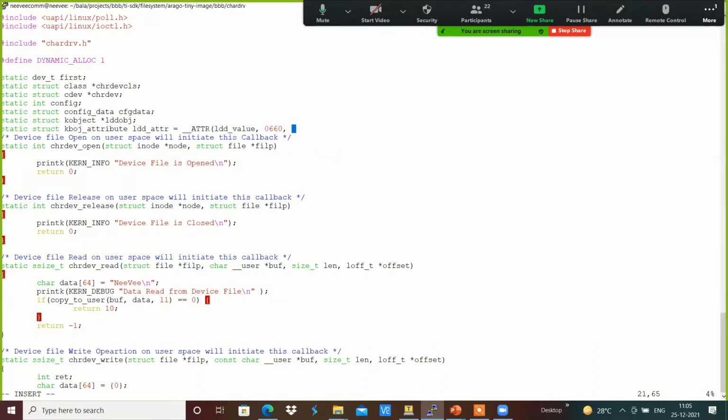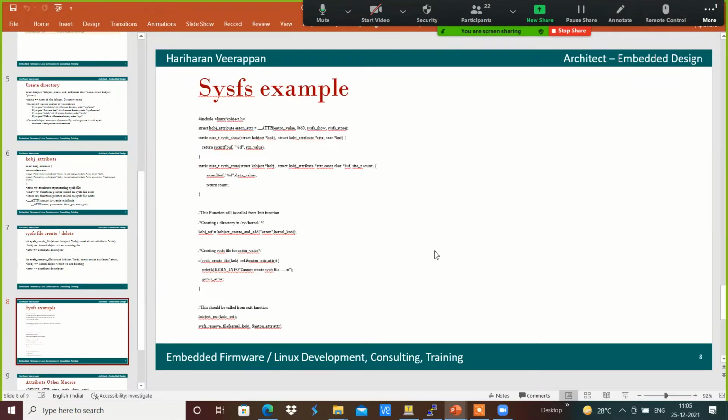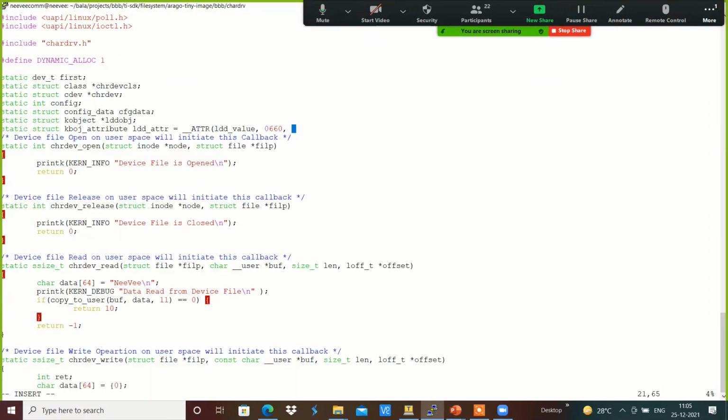And for this ldd value, we have to provide two callback functions: what it has to do whenever we are reading, and what it has to do whenever we are writing. That is ldd_show and ldd_store that we are going to provide over here.